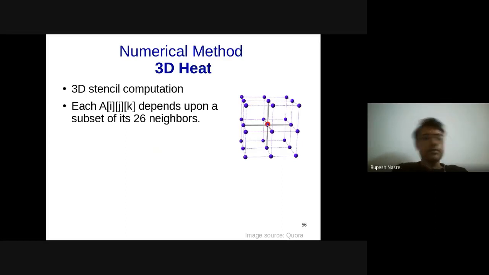And the application might look very different compared to what we had in the context of 2D matrices. But from the perspective of parallelization, from the perspective of mapping this stencil computation to OpenACC, or even for OpenMP and MPI, there will be a large amount of similarities.